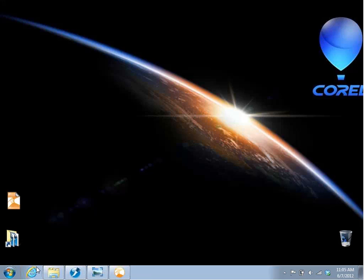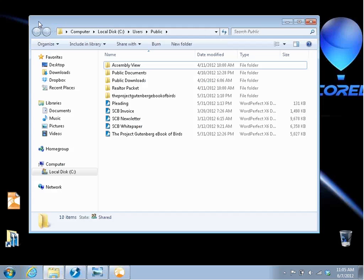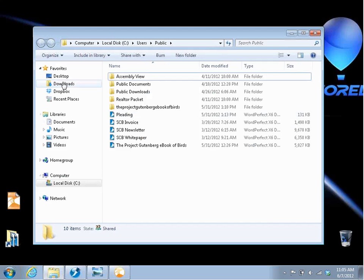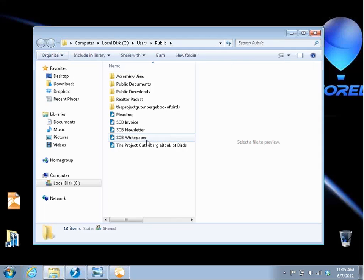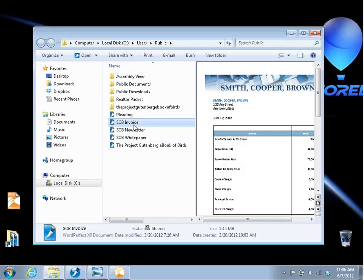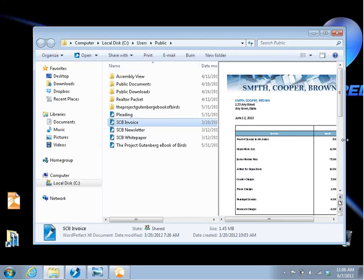So to start out, when we went to talk to our users, we discovered they needed to view files in a different way. They want to view files quickly without opening WordPerfect. So I started Windows Explorer. This is not Internet Explorer. This is Windows Explorer, where you look at your files. And if you turn on the preview pane, a preview shows up over here on the right, usually for JPEGs and things like that. Well, now, when WordPerfect X6 is installed, we automatically show over in the preview pane, and